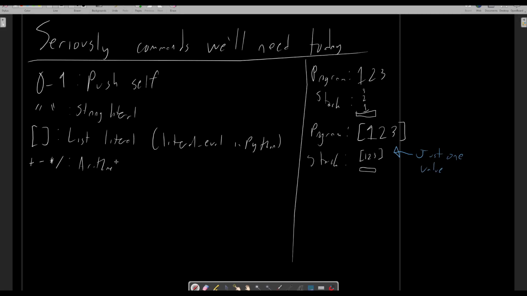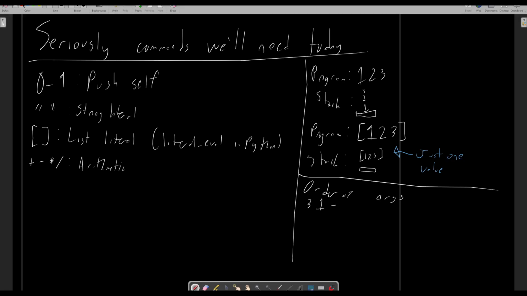Arithmetic is done in the usual way, with plus, minus, times, and forward slash. Forward slash implements floating point division. One point of note is that the order of arguments for all commands, including arithmetic, is reversed from that of most stack-based languages. That is, in GolfScript, CJM, or really any of the stack-based languages we've worked in so far,